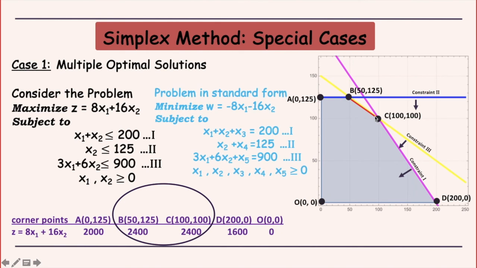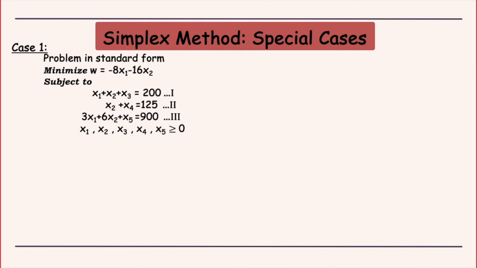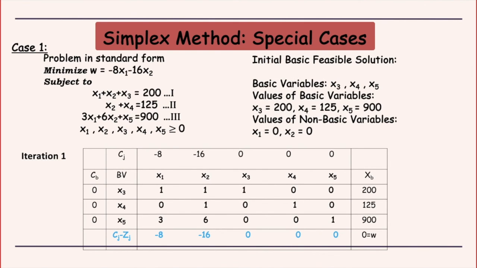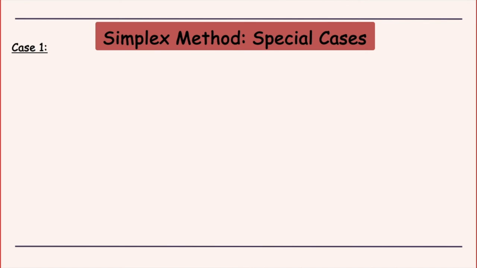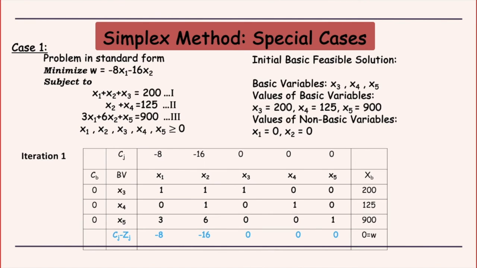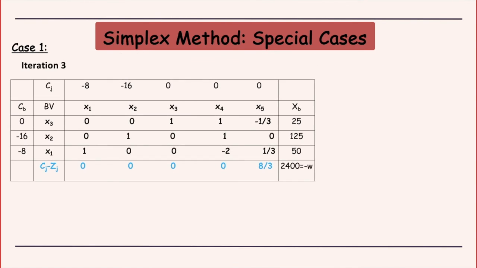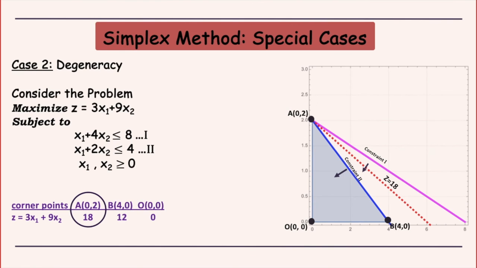Now how it is getting reflected in the simplex is when you have this table. Let me know if you are not able to understand, because I thought I have discussed it. This is the last table which is there when you solve this by simplex, and here you are noticing... Yes, yes, we have already discussed. Okay, this one you've done. Okay, so I'll move to the second case then.